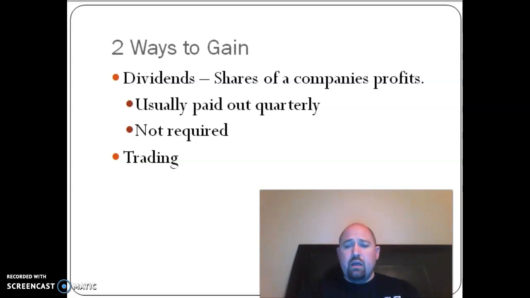Another way to make money, although not as much, is through dividends. Some companies, in an effort to entice people to buy stock in their company, actually give out a share of their profit to all of their shareholders. These are called dividends, usually paid out quarterly, once every 3 months. Depending on how much stock you own in a company, you get a small share in a dividend check. Now, this is going to be small. I mean, these are pennies on the dollar, if that even.